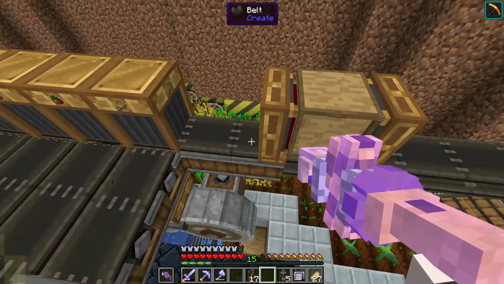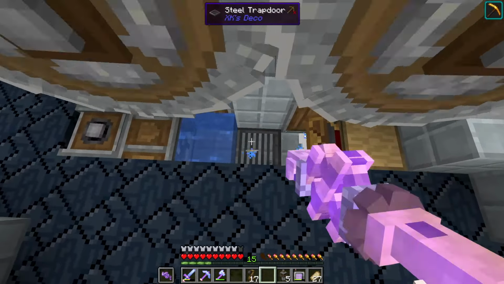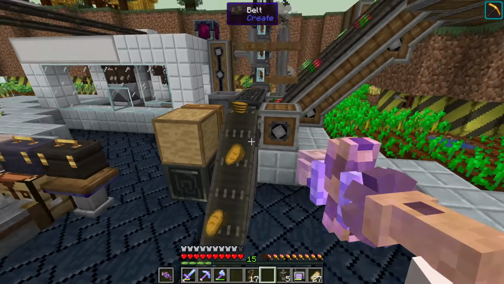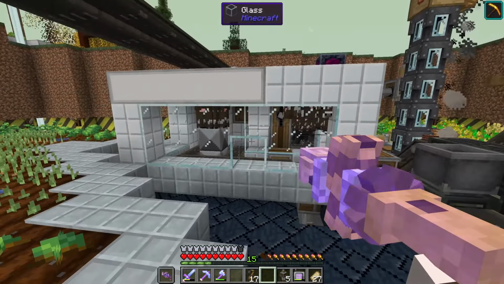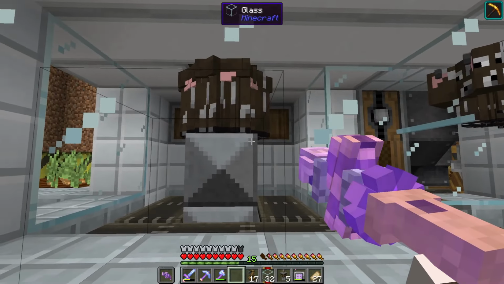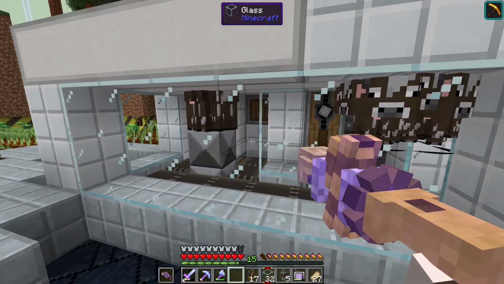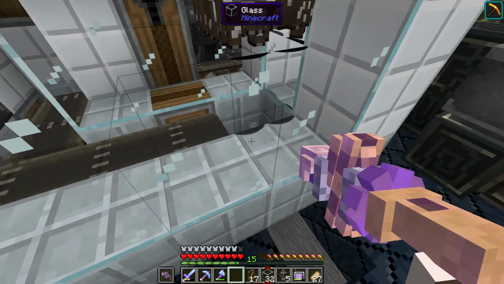So half the wheat goes here and half the wheat goes here. Half of it gets crushed, washed, and then down below it gets smelted and turned into bread. And the other half comes all the way over here to our cow farm. So the cow farm is a similar design to ones I've used before. We've got a little breeding system. So when the cows are ready to breed, the babies come off the side and then into this little fan